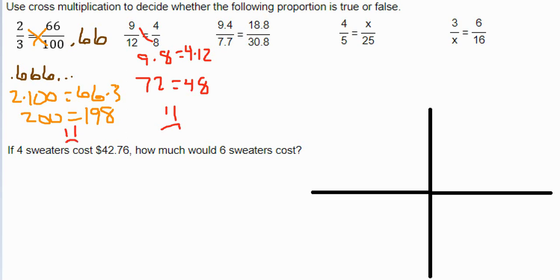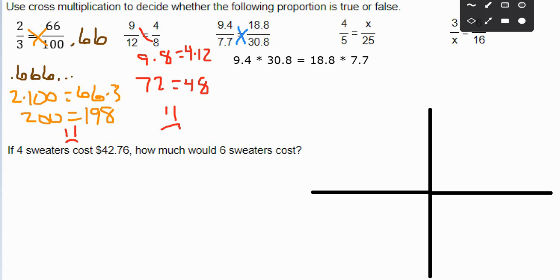Next one, the question is, does 9.4, let's see if I can find another color here. Let's go with blue. Does 9.4 times 30.8 equal 18.8 times 7.7? You would think my writing there would be better, but it's not. 9.4 times 30.8, definitely use your calculator because I need it. I'm going to guess this one is, because I would hate to have all of them not be, but